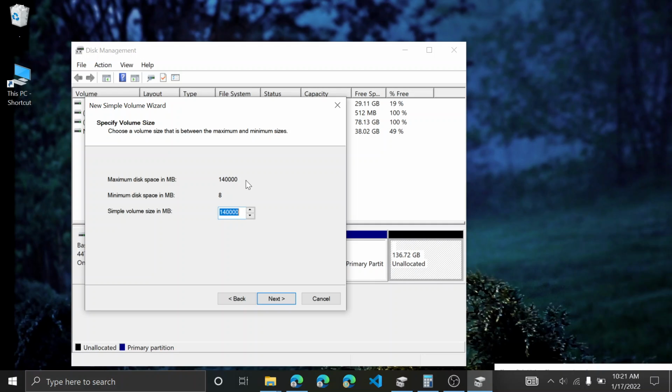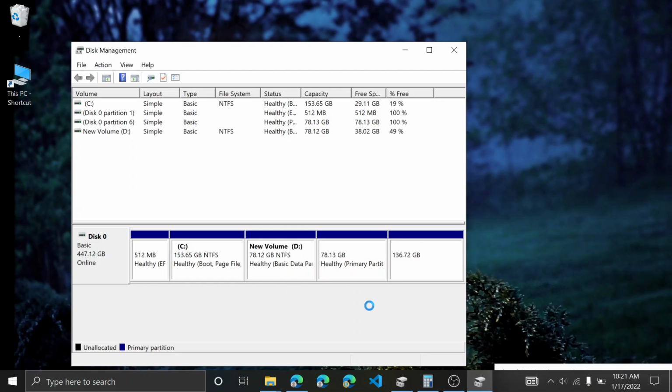If we need 100 GB, multiply 100 by 1000, so it results in 1 lakh. We need the full 136 GB, so we will leave it as the default. Then we click on Next,